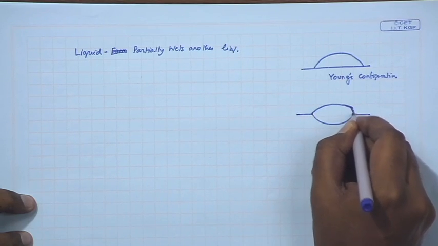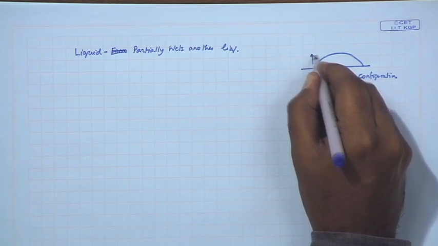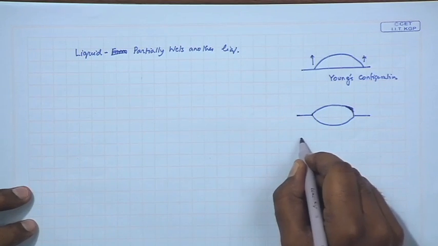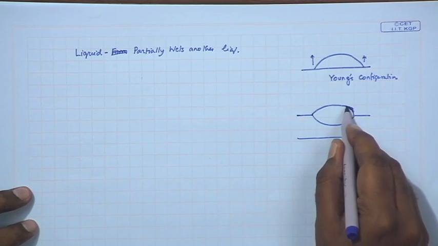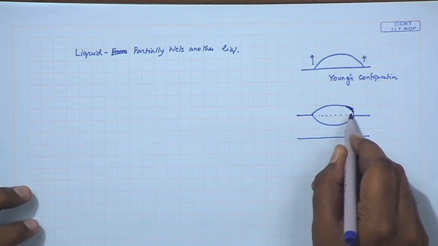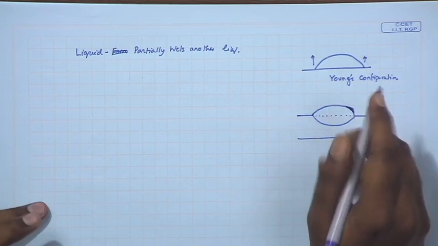The top layer liquid, in fact, the vertical component, I just briefly mentioned what happens to the vertical component. In fact, the vertical component does not manifest in any way on a rigid surface, because the surface is too stiff to exhibit any effect of this vertical component of surface tension. But that is not the case when you have a liquid, because it is a deformable liquid-liquid interface. Therefore, you observe some deformation on the bottom layer also, and this is typically the equilibrium configuration of a drop of liquid 2